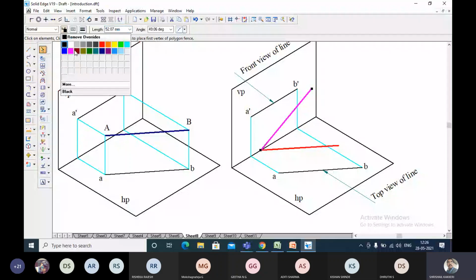Okay, now the line is inclined at an angle of 30 degree to the vertical plane. It is inclined at an angle of 45 degree to the horizontal plane.